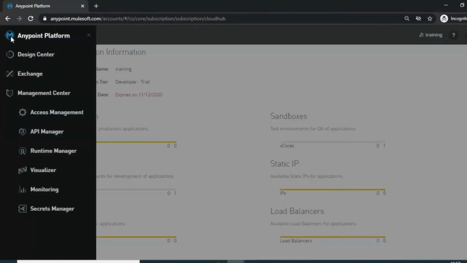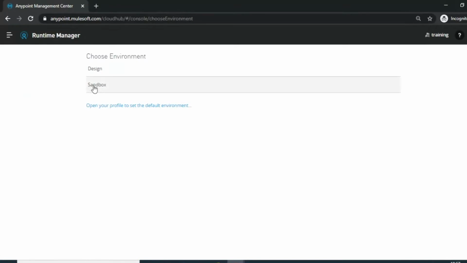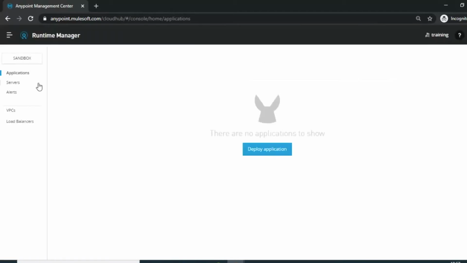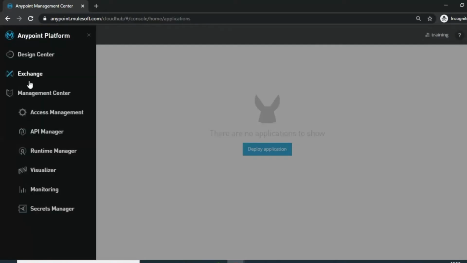Now click on the sidebar menu again and click on Runtime Manager. You can see you have only two environments by default, that is design and sandbox, but in real time you might have more environments. Currently no applications, no servers are there, so all is empty. Now you can go to the sidebar menu again and click on Visualizer.